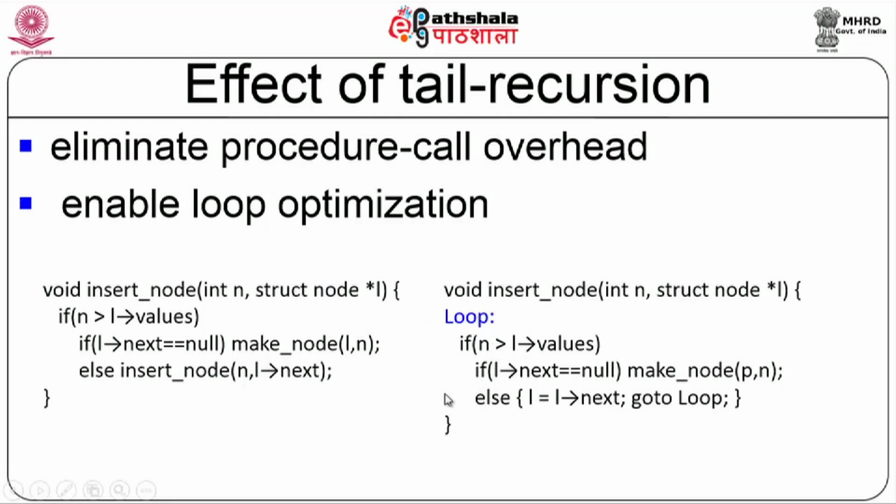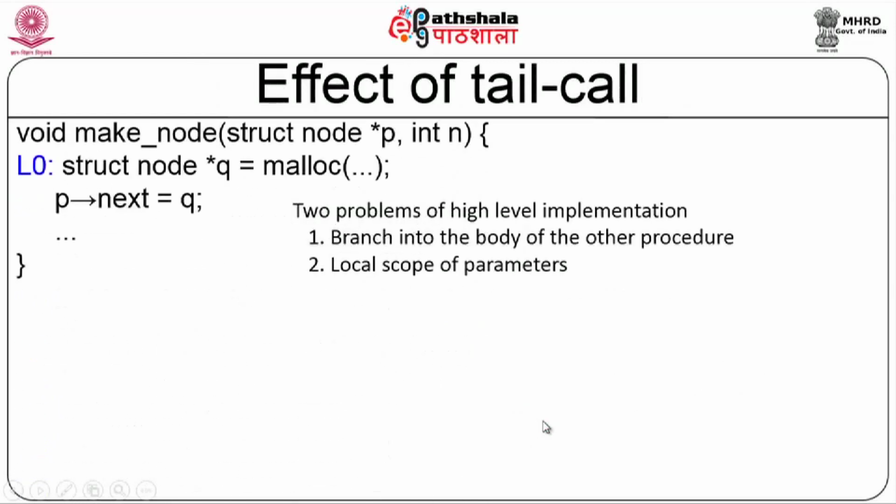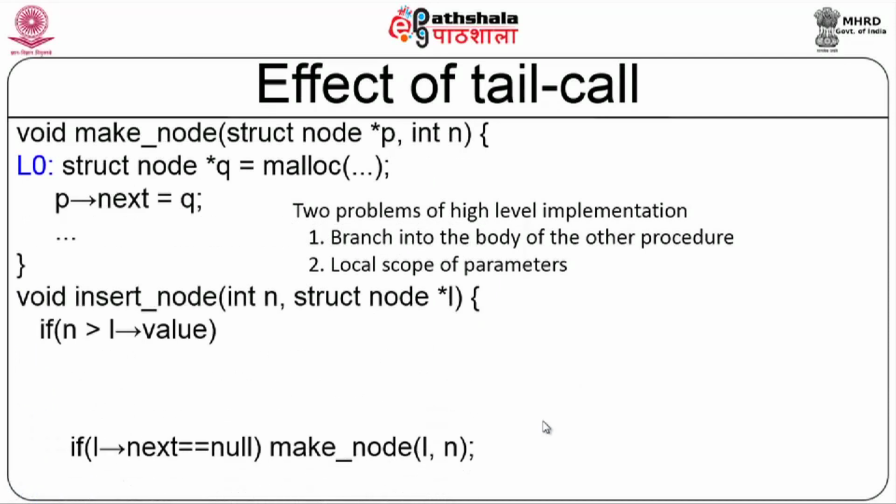But it is not going to go into iteration, you are indirectly going into iteration, but you are simply using a go to statement to go to this particular loop. So, what happens in every iteration, you simply increment the loop to go to the next pointer. So, this is how you get rid of tail recursion, because you have the procedure call overhead, which could basically be avoided. So, here this is the effect of tail call, which is a function call basically here.